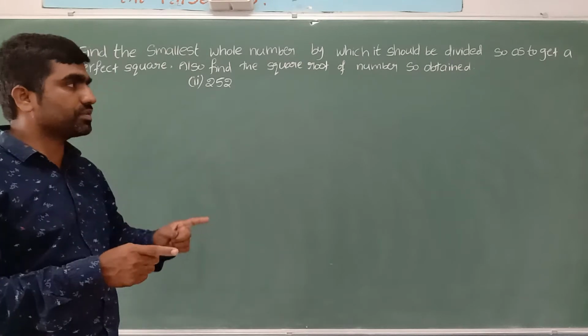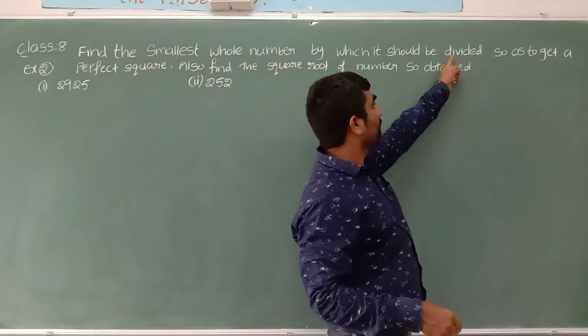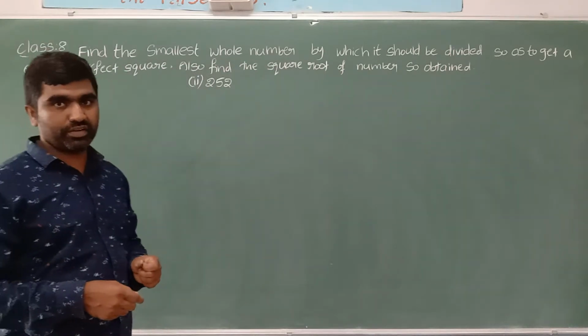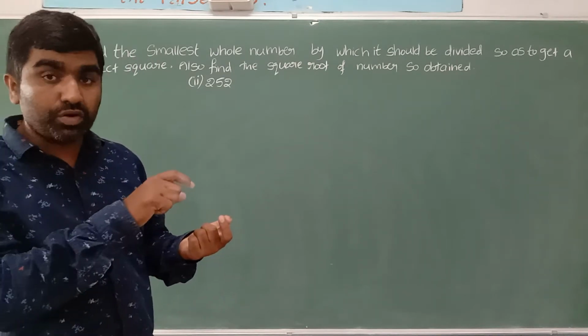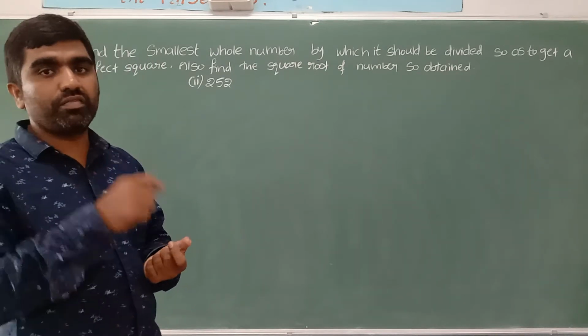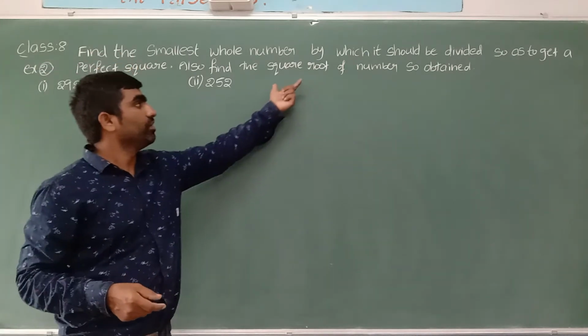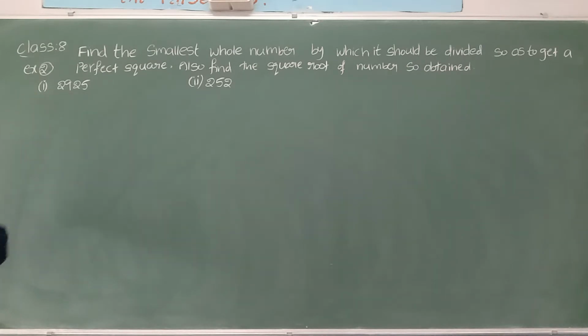Same concept, just the operation is changing. Instead of multiplication, it is going with division here. What number can we divide to get a perfect square? Same like previous, for which number there is no pair, that we have to eliminate. Same number we can divide to get a perfect square. After getting the perfect square, you have to find the square root of that number. So in that we will see one example here. First one now, we will see the solution of the first one.